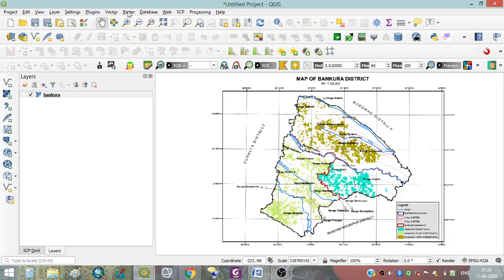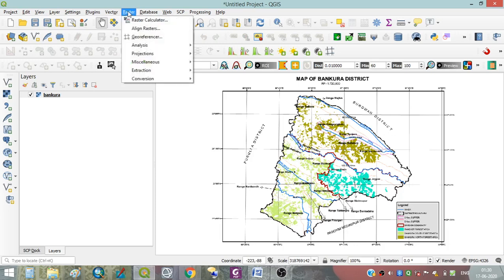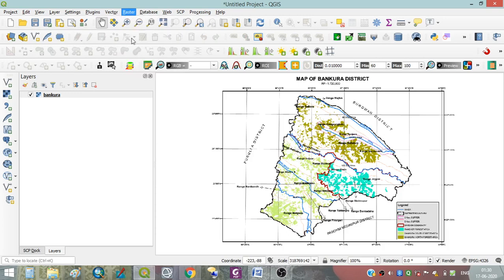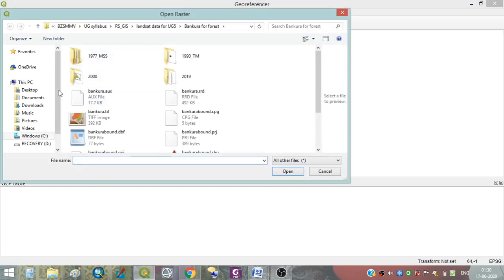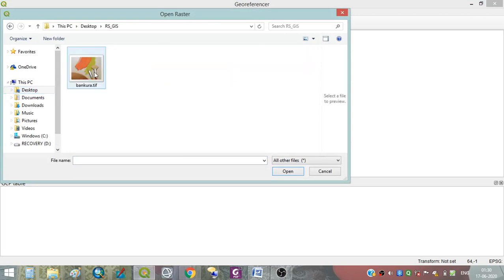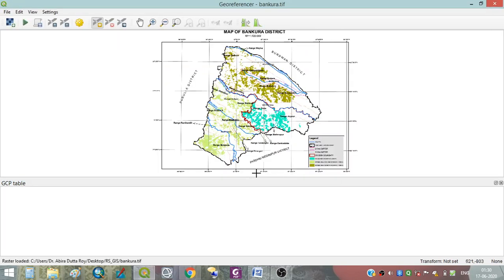Now for this, the first thing you have to do is to go to raster, then georeferencer. After you click georeferencer, a new window pops out. Then again here we have to add the map. This is a repetition of the exercise. So here we have the checkbox or the pixeled box that we see. Here again we browse the data and we select and open the file. Now here are the zoom in and zoom out tools, here the pan tools, and here is how we can add